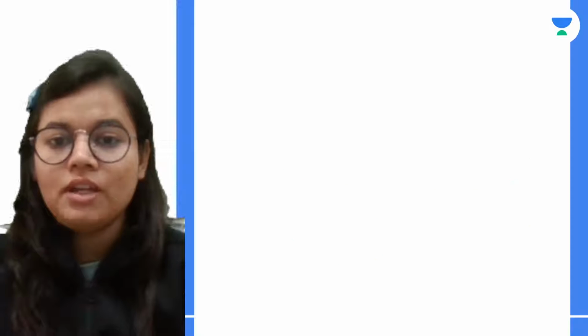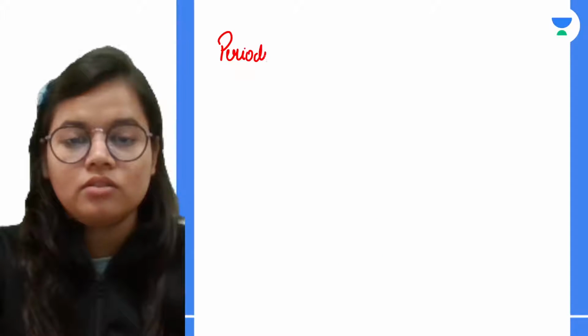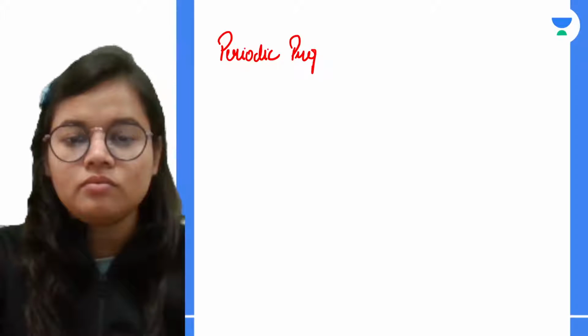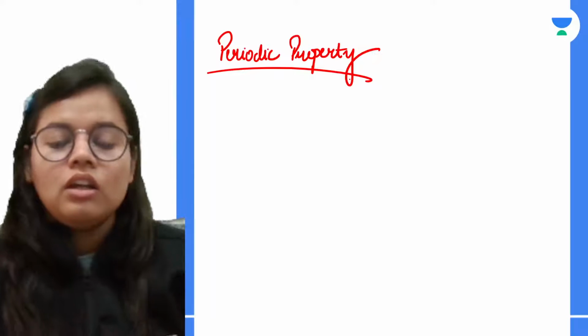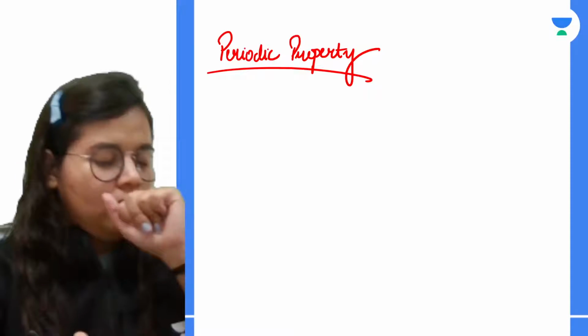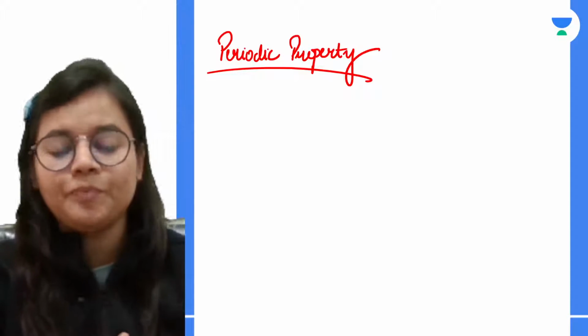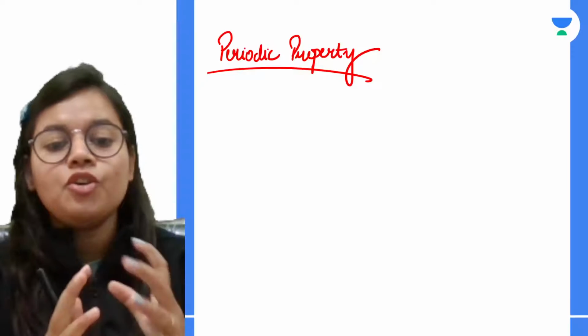First of all, what do we mean by the word periodic property? In the periodic table, you might have seen,